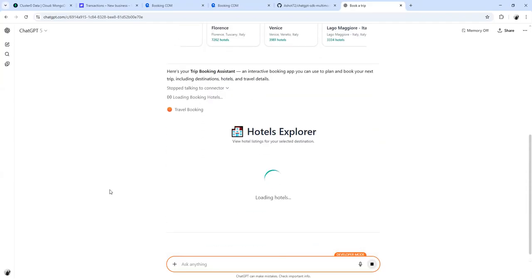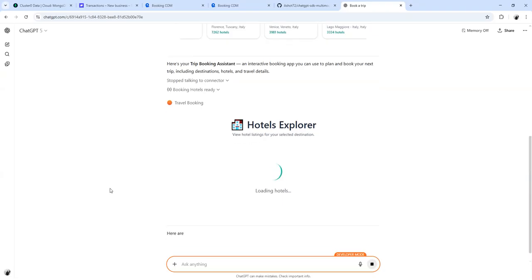So now we will send a request to the second API, which fetches hotels for the given destination and displays the top 20 results.